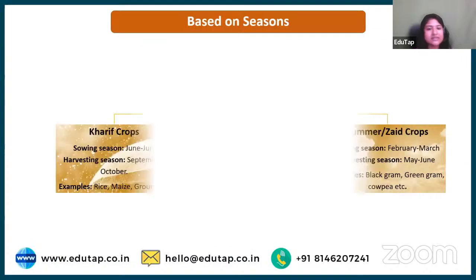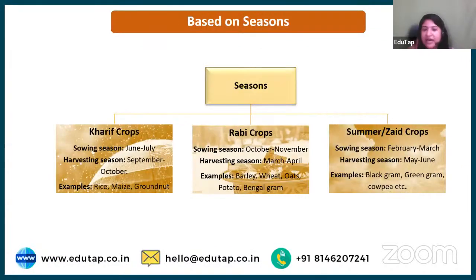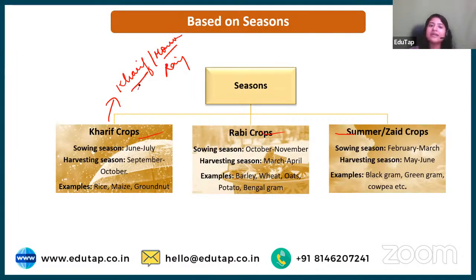देखो अब based on seasons 3 classification होती है, Kharif crops, Rabi crops और Zaid crops. Kharif crop is associated with your Kharif season, also known as your मॉनसून सीजन और रेनी सीजन। तो रेनी सीजन के टाइम में जो क्रॉप्स लगती है उनको खरीफ क्रॉप्स बोलते हैं। सोइंग सीजन आपका जून टू जुलाई होता है। हार्वेस्टिंग सीजन सितंबर टू अक्टूबर होता है। बेस्ट एग्जांपल्स आर योर राइस, मेज, ग्राउंडनट एटसेट्रा, ये आपके बेस्ट एग्जांपल्स हैं, ठीक है, ऑफ खरीफ सीजन। देयर आर अदर एग्जांपल आल्सो हियर, जस्ट टू गिव यू अ फ्यू।